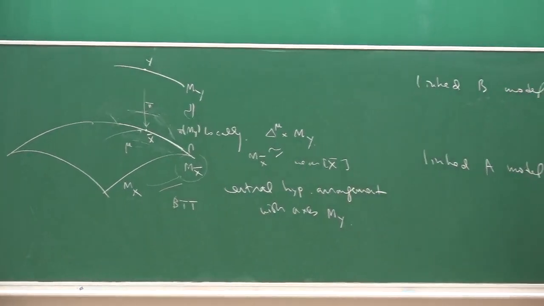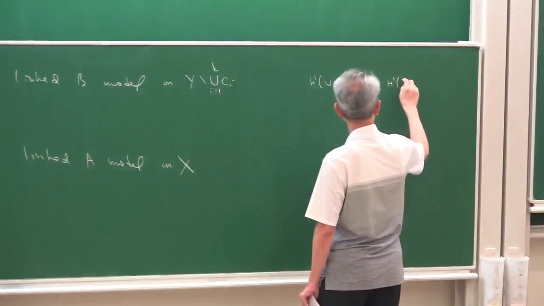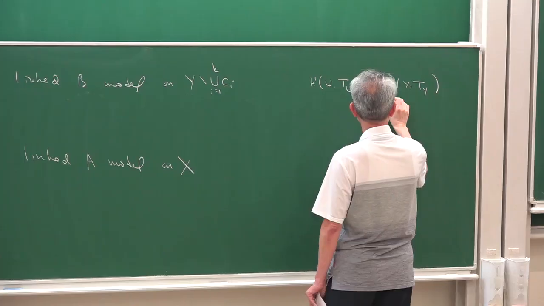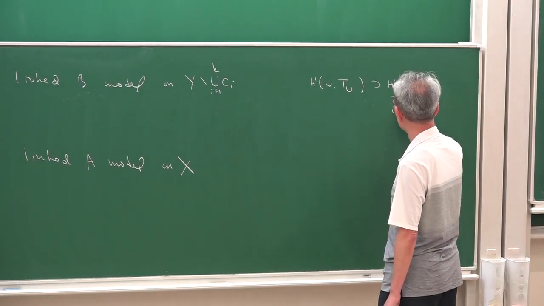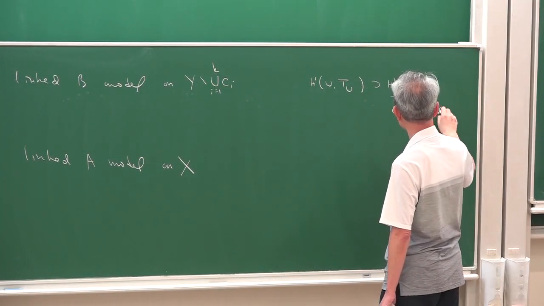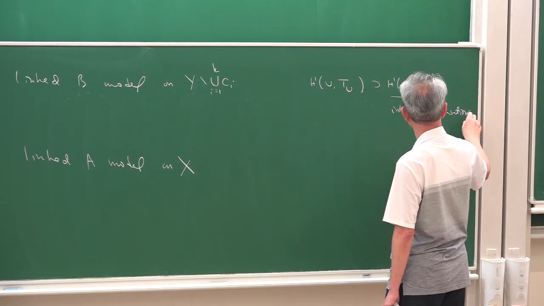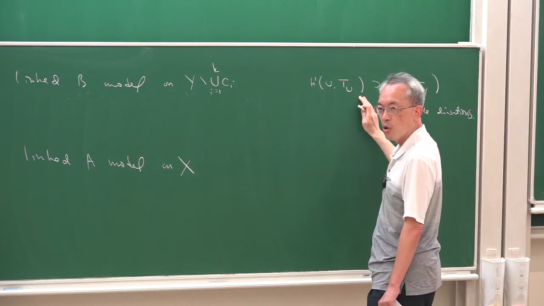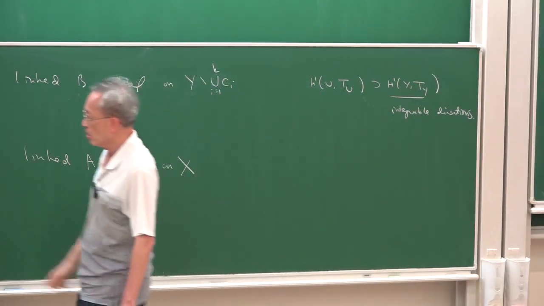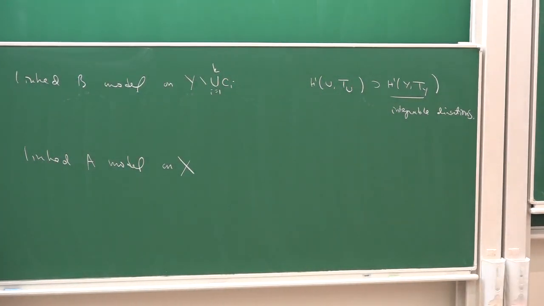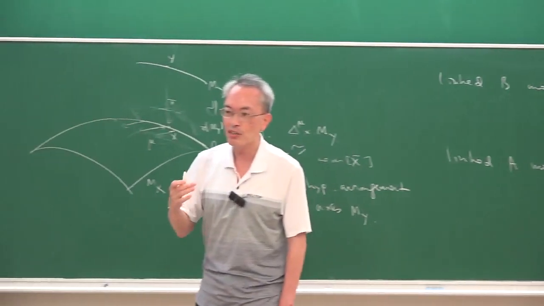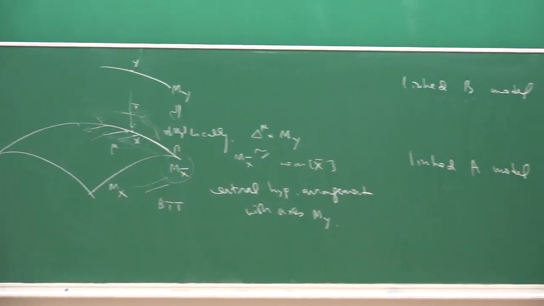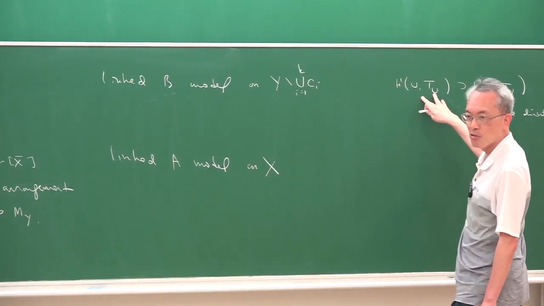So this includes the H^1(Y, T_Y), and these are exactly the integrable directions. The remaining directions will descend to here and give you the tangent direction, but those parts are obstructed. You cannot deform it in the sense of